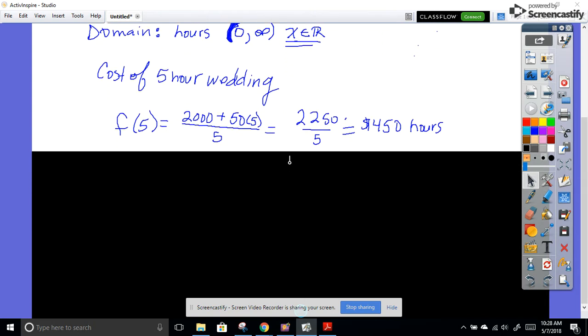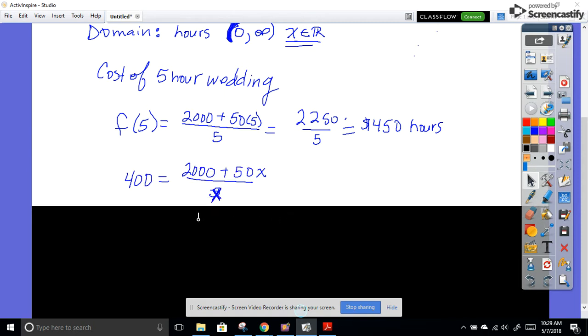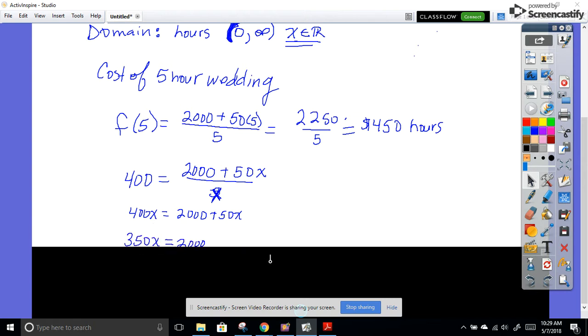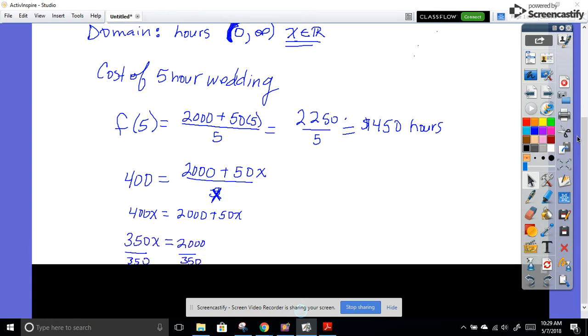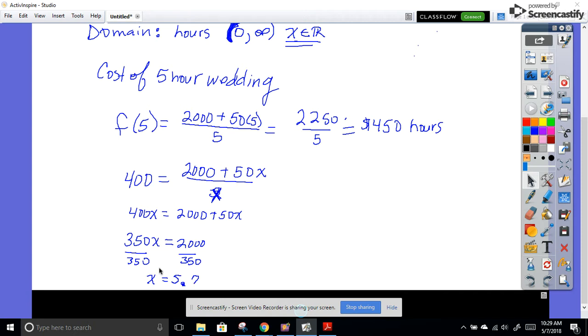Then they say, okay, we want the wedding to cost an average of $400 an hour. So how long would the wedding be? So in that case, they're giving you a cost, which is a Y value. So you plug in the Y value and you solve for X. How do you get these X's by themselves? Well, the first thing you do is you get rid of this X. So you multiply both sides by X. This X cancels out. This one gets the X. Okay, then you solve for X. Subtract 50 from both sides. Divide by 350. And when you get done, you find out that the wedding can be 5.7 hours